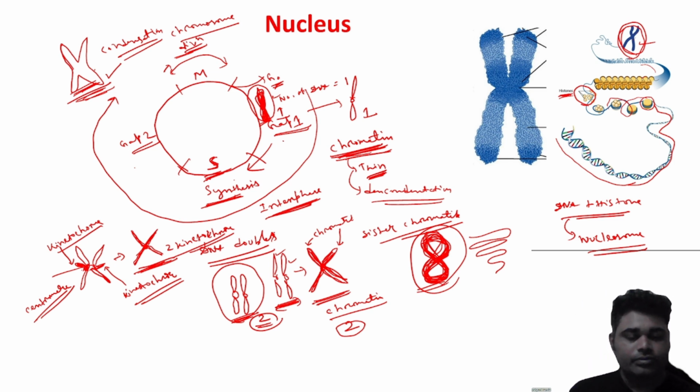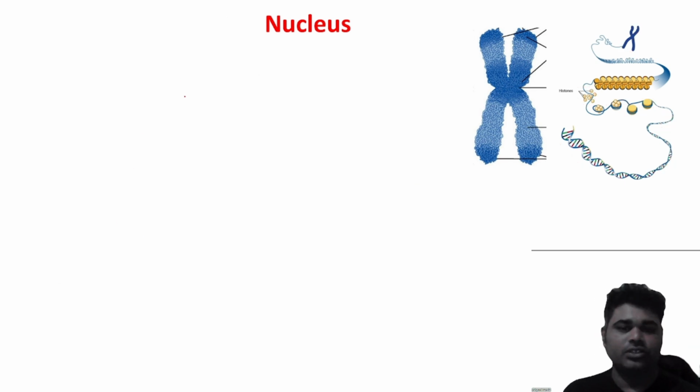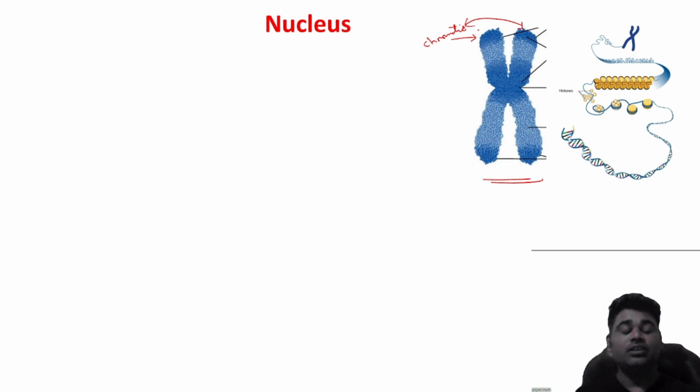So now if we look at the chromosome structure, let's suppose this is the chromosome structure. This is one sister chromatid, or it is called one chromatid. This is another chromatid, or simply they are called the sister chromatids, and here one kinetochore is present, here also one kinetochore is present. That means here the two kinetochores are present, and these kinetochores help in the binding of the two chromatids. Okay, so now